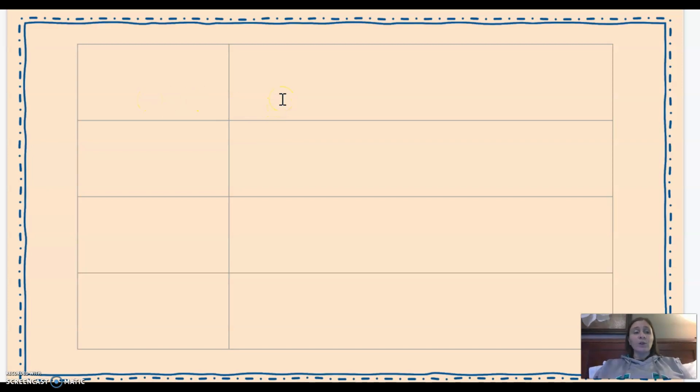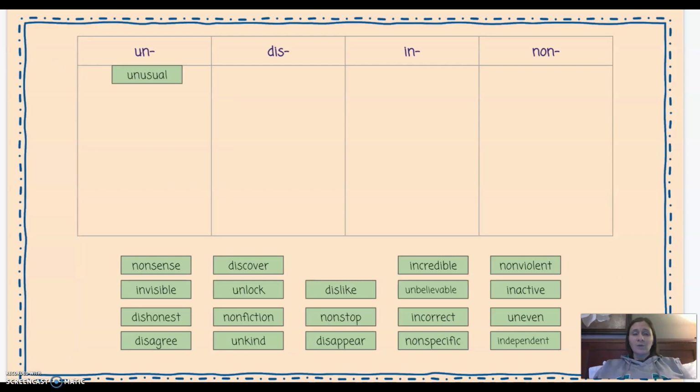So if there's a word that you aren't quite sure what it means, so if I go back to the first slide, maybe I don't know what disappear means. If I don't know what it means, then I'm either going to have to get a dictionary and look up the word if my teacher allows me, or choose different words that I know what they mean and can use